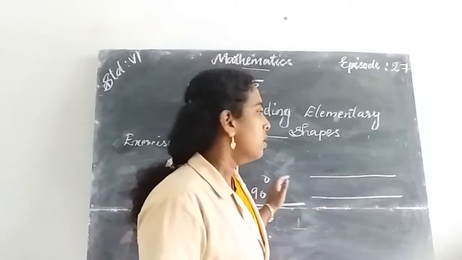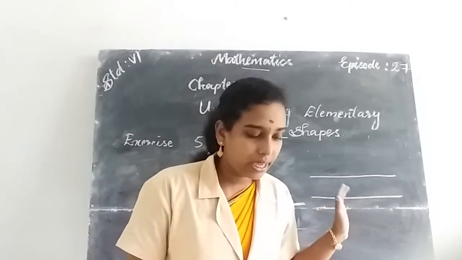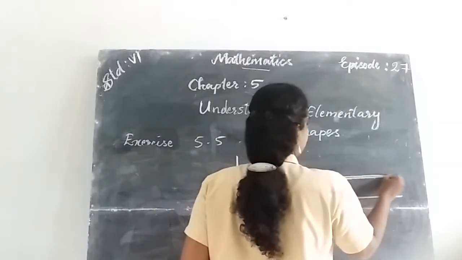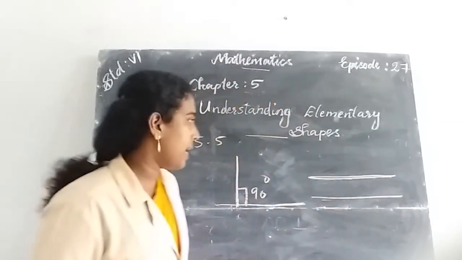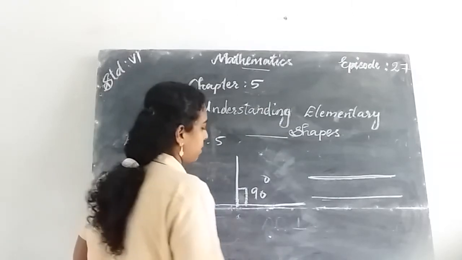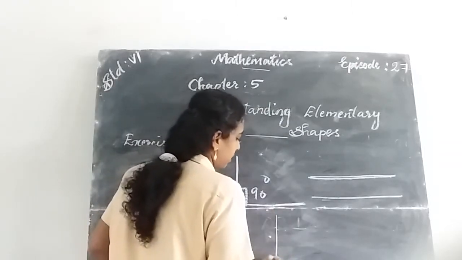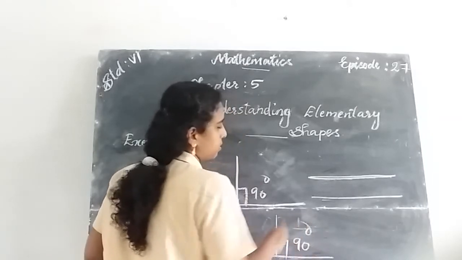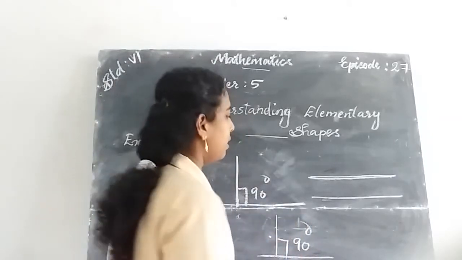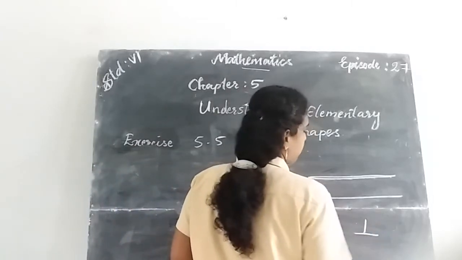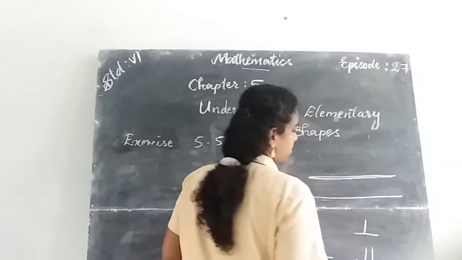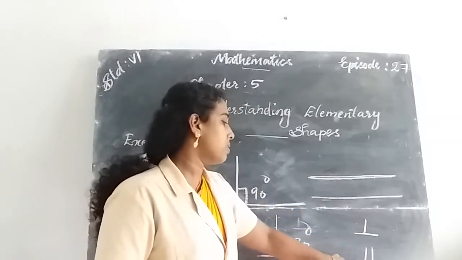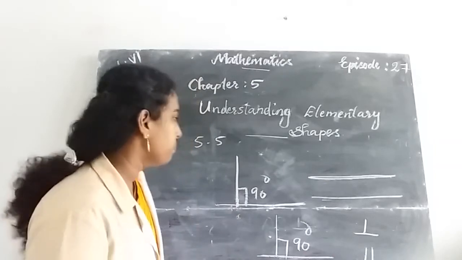Parallel lines. If we look at a railway track, the lines of a railway track are parallel lines, because they do not intersect each other. And the adjacent sides of a table in your home are like this: the two lines intersect each other and one angle measures 90 degrees, then it is said to be a perpendicular line. The perpendicular line has a symbol like this, and the parallel line has a symbol like this. Here two lines intersect each other and here the lines do not intersect each other.